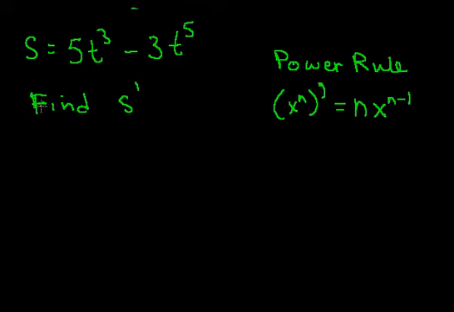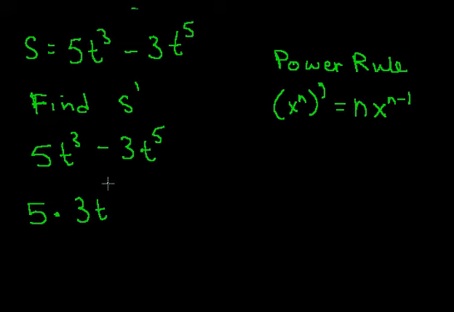So again, with the power rule, like we did earlier, we'll do one term at a time. Let me write this down here again. 5t cubed minus 3t to the 5. So n in this term is 3, so we keep the 5 outside. It's 5 times, we bring the 3 down, because it's nx to the n minus 1, so n is 3, so 3t to the n minus 1, 3 minus 1 is 2, so it's 3t squared,